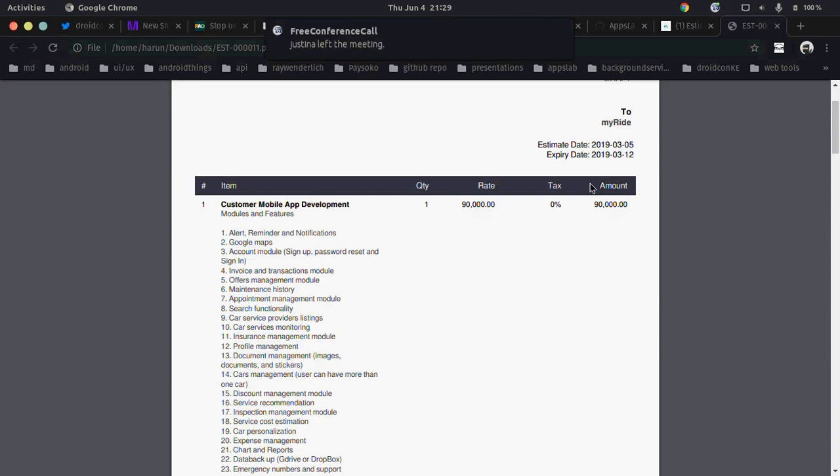Add your rent, add everything, and add labor costs. If you have two or three people, multiply that cost by 3 and you'll have a figure.